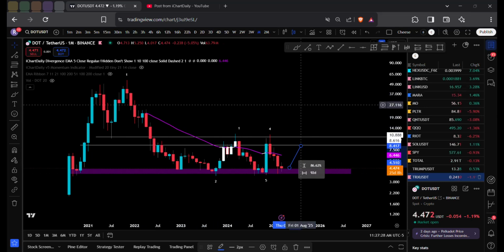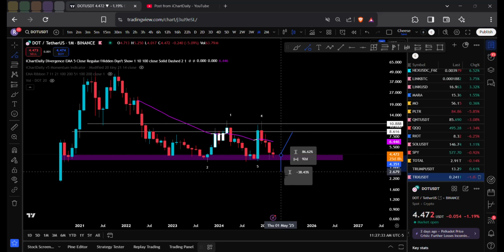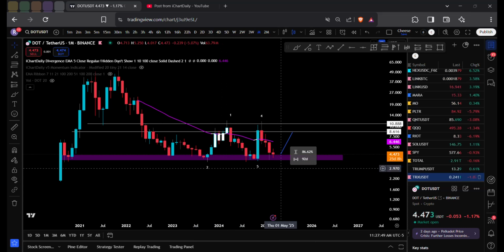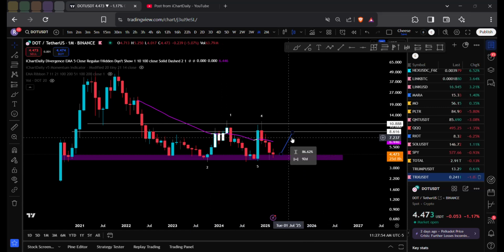A 2x leverage is going to allow you like a 30% cushion from right here. So even if it's 30% lower from here and you put a 2x in right now, you don't even wait for the confirmation. Polkadot could go to below $3 and you won't get liquidated. So it could go all the way down to this 3.60 level, and you still won't get liquidated. You'll be in the play, you'll be negative, you'll be able to add more to the position, but you understand that a 2x leverage, it's 160 to 200% in about 2-3 months.